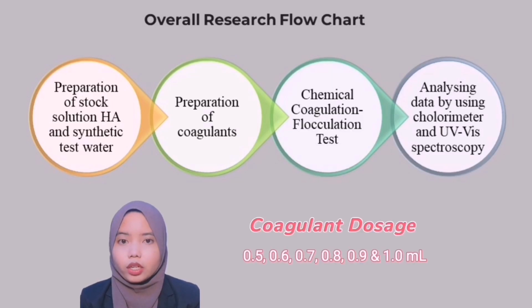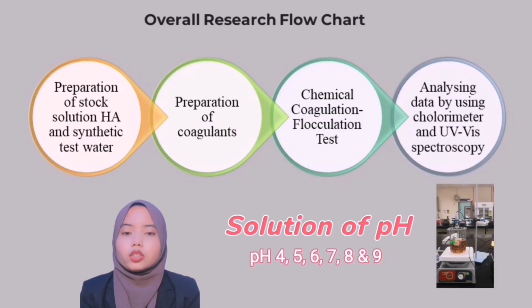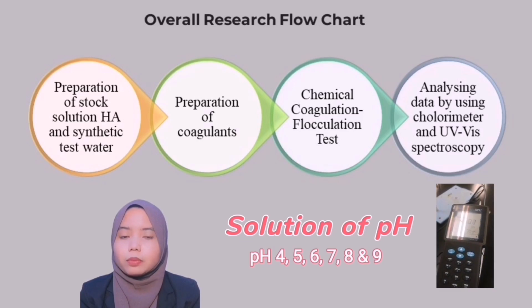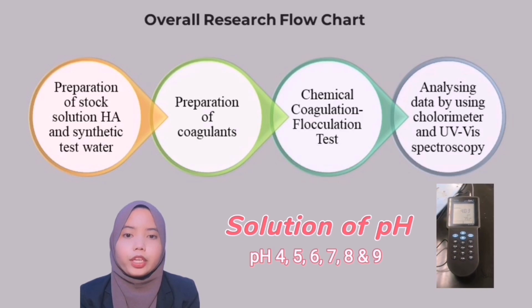Firstly, polyaluminium chloride was used as coagulant at a concentration of 100 ppm with a variable dose. Second experiment, the stock humic acid solution was diluted with distilled water based on the concentration chosen. The coagulant utilized in the test was polyaluminium chloride with a dose of 0.8 ml being the optimal. The experiment which determined optimal pH was done by using 75 ppm synthetic test water and 0.8 ml polyaluminium chloride